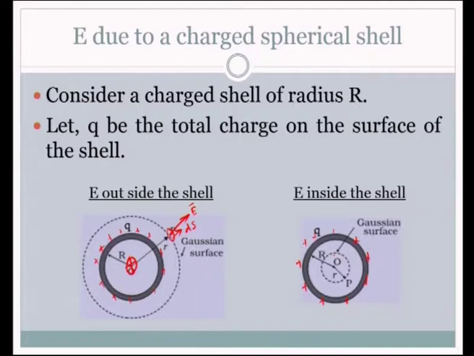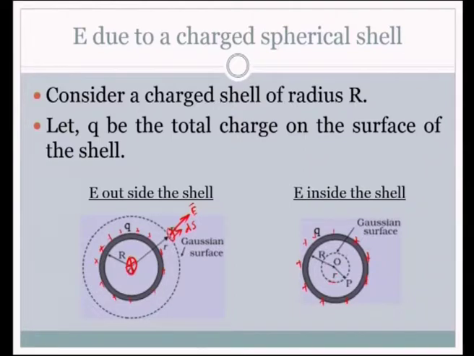Now, we will move on to the point inside. So, this is the point at which we want to find out. So, consider a Gaussian surface inside the shell of radius small r. Capital R is the radius of this shell, small r is the radius of the Gaussian surface. So, we have taken that Gaussian surface. What is important here? The Gaussian surface does not include any charge. Do you agree to that? Have a look at this diagram. See, it does not include any charge. The charge is outside the Gaussian surface because it is appearing only on the shell, not on the Gaussian surface. Gaussian surface does not include any charge.